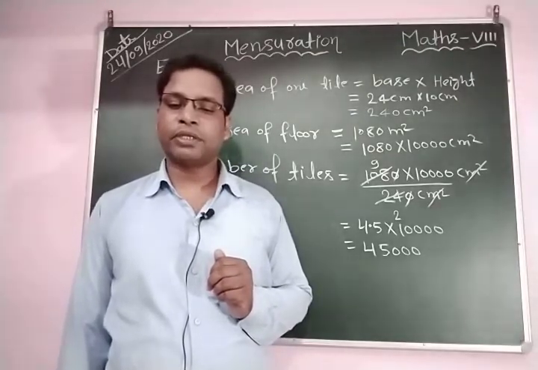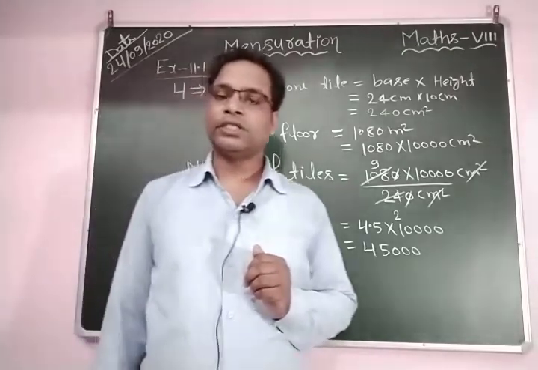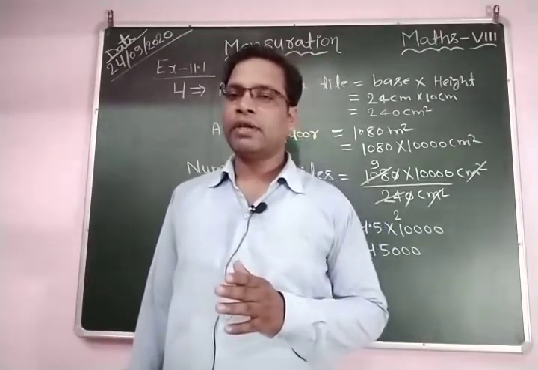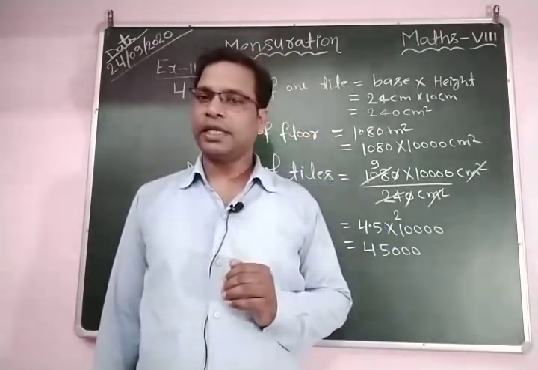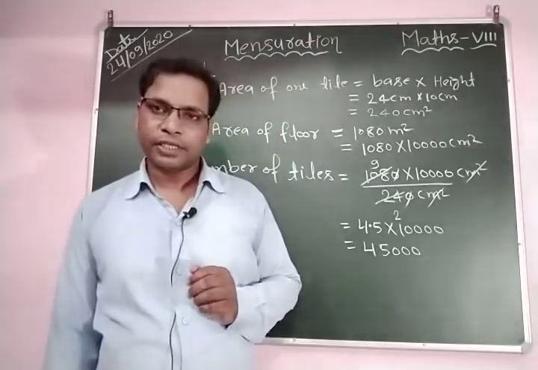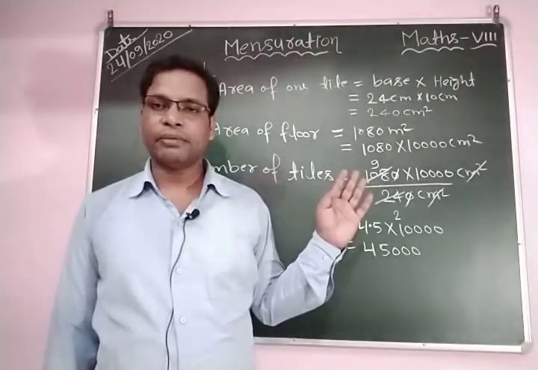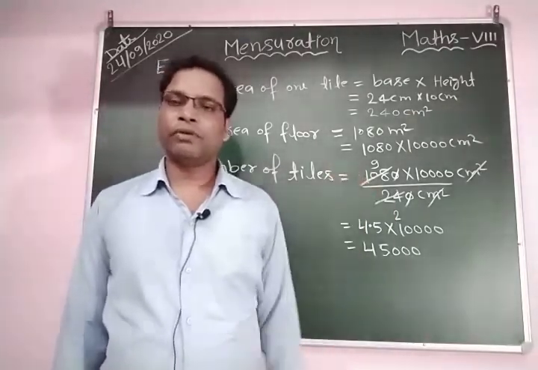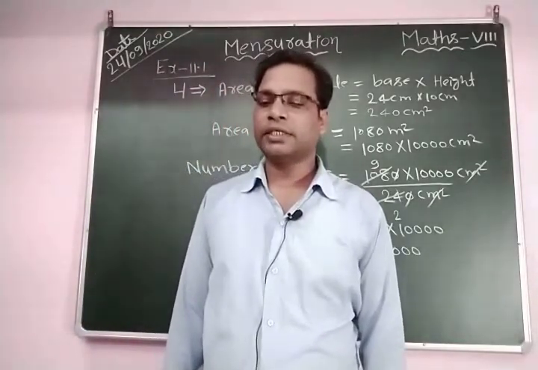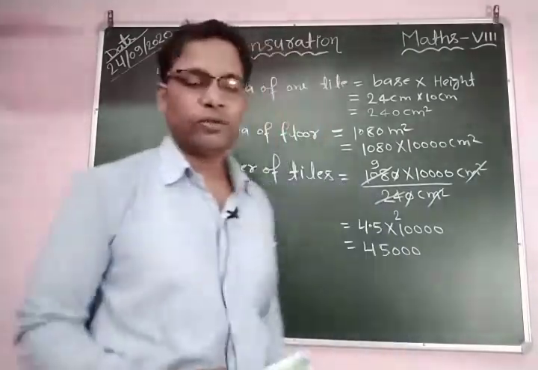Remember, the circumference of a circle can be obtained by using the expression C is equal to 2 pi r, where r is the radius of the circle and the value of pi is 22 by 7. Okay, so the figures A, B, C are given in your book and we draw them one by one and find the distance covered by the ant on the different shapes. Let's see how to do it.